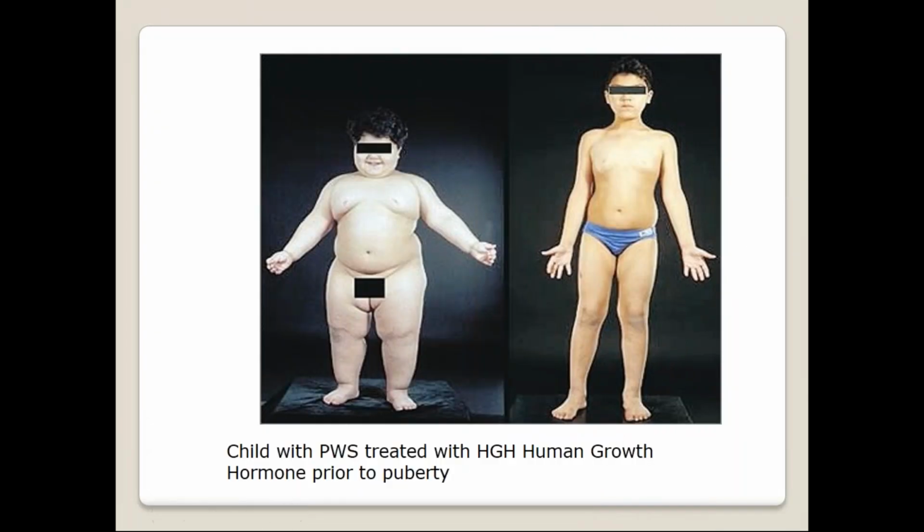Here's a picture of a youngster, and if you saw that picture in the beginning, the youngster back in the 1600s who was never treated, obviously, with GH factor. This young fella, if he hadn't been treated with GH factor, his body structure would pretty much stay like this. He was treated with GH factor, so he's going to have a lot more muscle tone. He's going to grow taller. But it's got to be done before puberty.